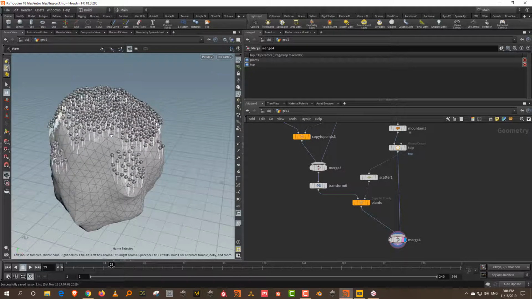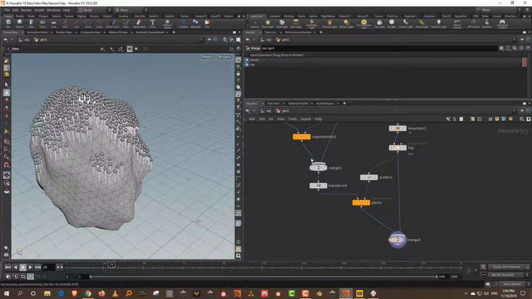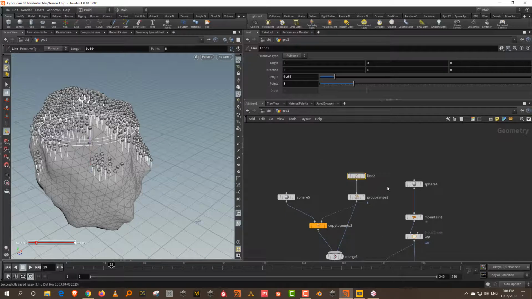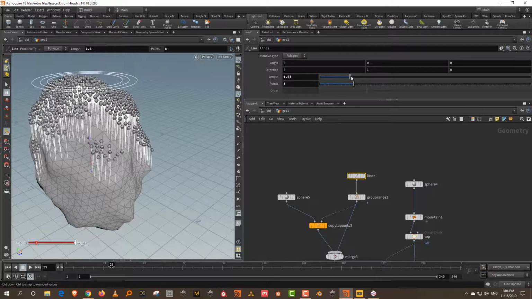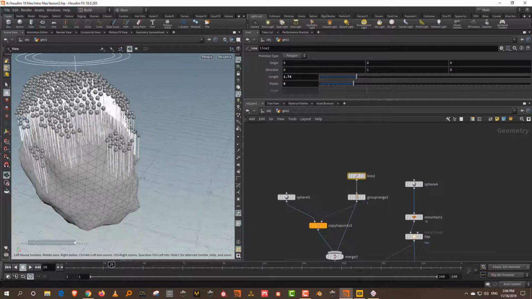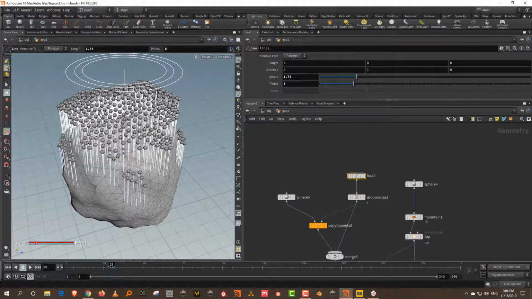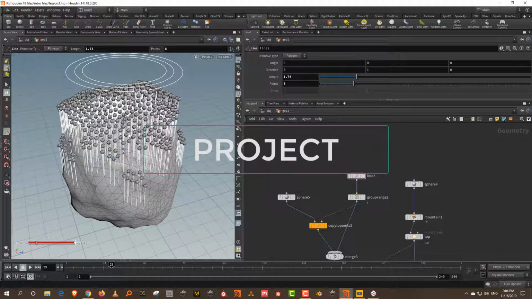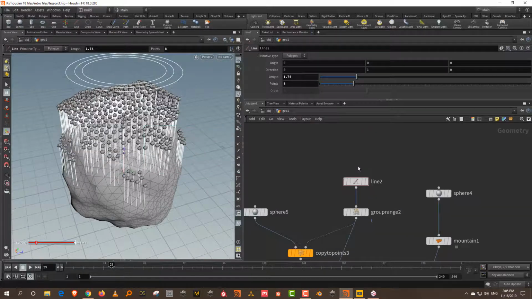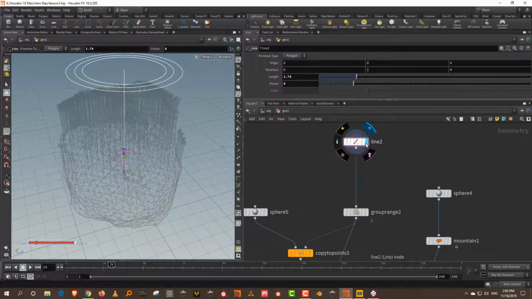So what I want to do is firstly add a bend to this line. So let's make it slightly longer. So I want to add a bend to this line and maybe copy something else to the top. And then let's use all the stuff that we had done. So I can also add a little bit of random rotation and scaling to this. So the first thing is let's just come down here and we'll add a bend.